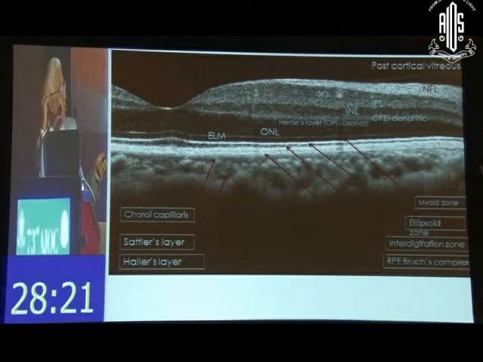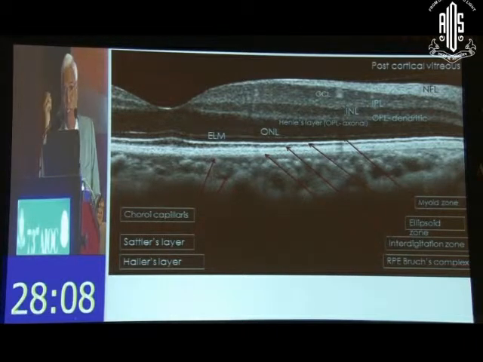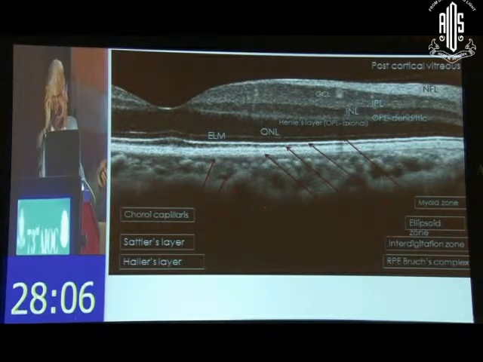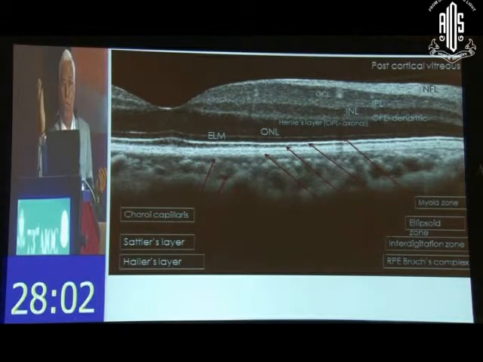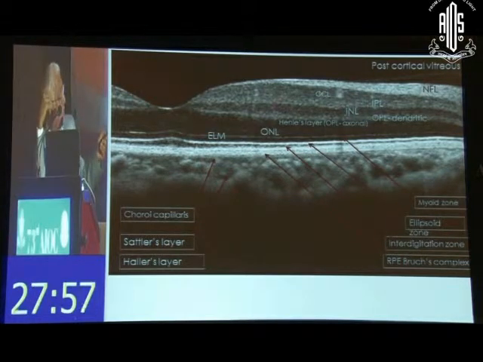What I would like to emphasize is one point: this last hyperreflective layer was not interpreted properly till we had the spectral domain OCT or even the swept source OCT. Now we realize that there are multiple layers in this rather than just one hyperreflective layer. We used to call it the retinal pigment epithelium. So maybe I'll just spend a word on that. The others are all self-explanatory, which we talked about.